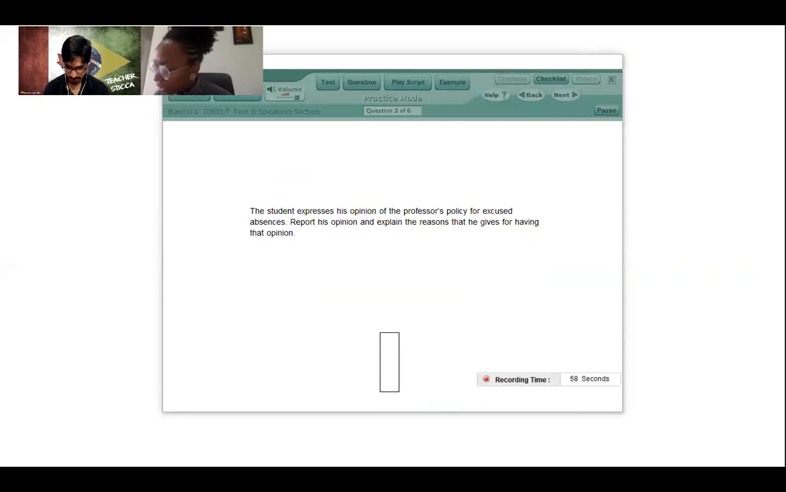According to the text, the student can be absent once per semester without explanation. But if the student is absent more than once, the grade will be lower. According to the student, he thinks it's good. First, because you can be absent one time, but it's not so good because if you have a problem, for example,